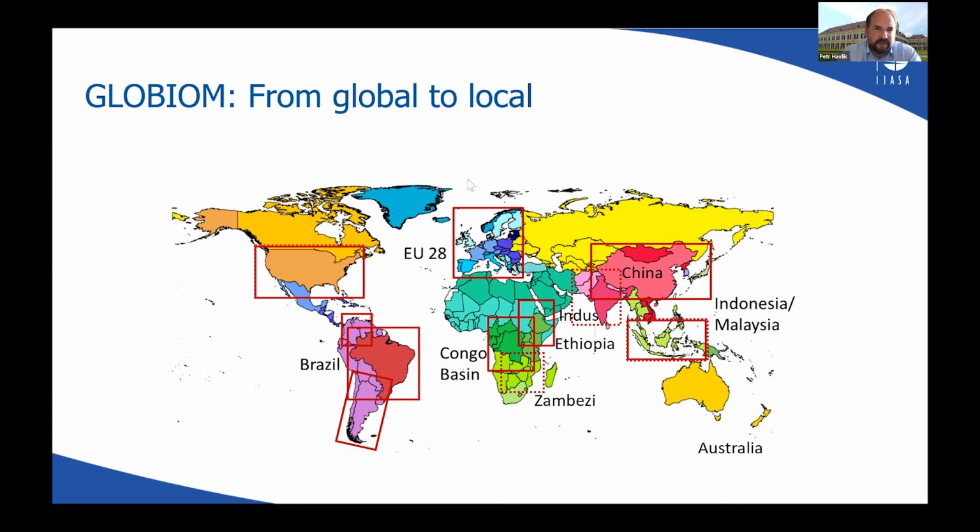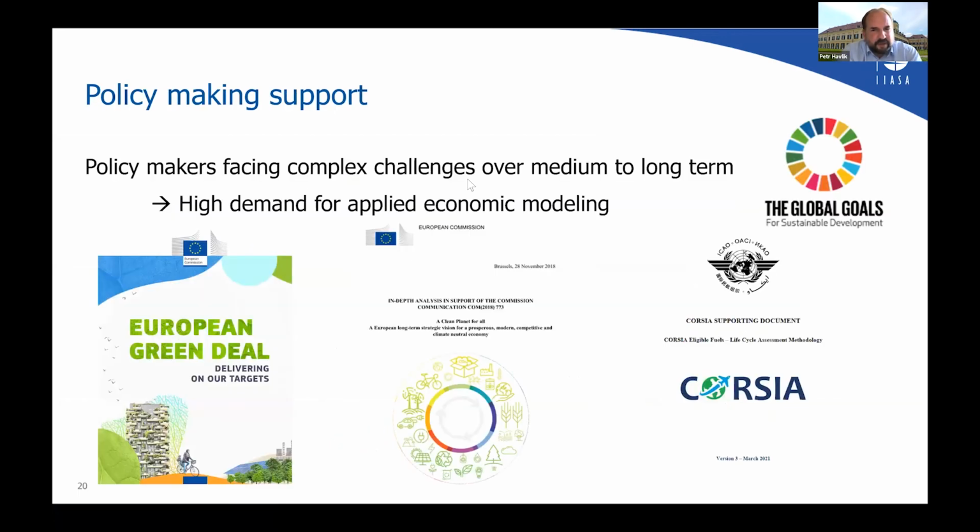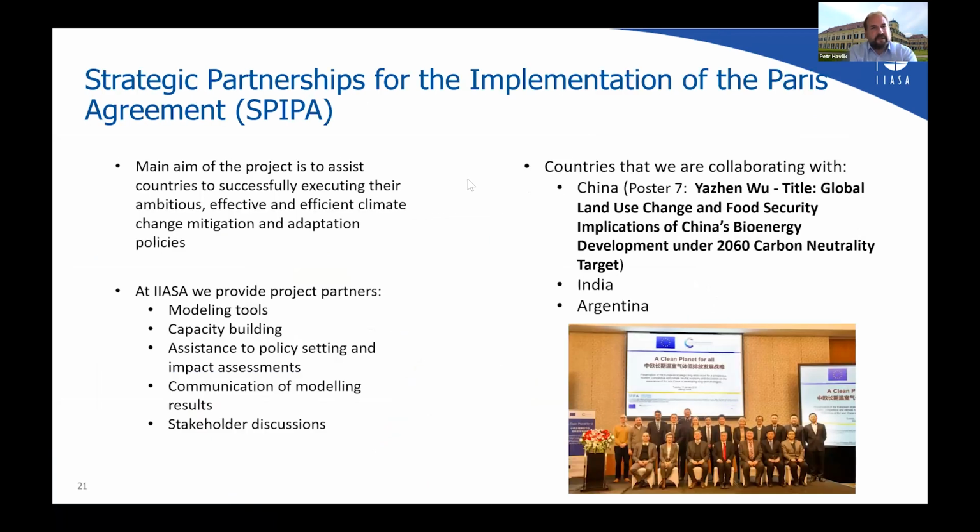I already mentioned, for instance, the specific work which we did on China. But as you can see on this map, there are other regional zoom-ins, but we always consider the individual regions as part of the globe, which allows us exactly to track the different international trade or leakage effects across the regions. And this work is supported, for instance, also by the European Commission. Currently, the European Commission, in collaboration with other governments and research organizations in China, India, and Argentina, is supporting us in collaborating on modeling tools, capacity building, stakeholder engagement in these countries to support the implementation of the Paris Agreement